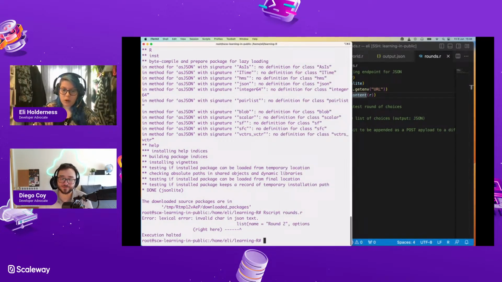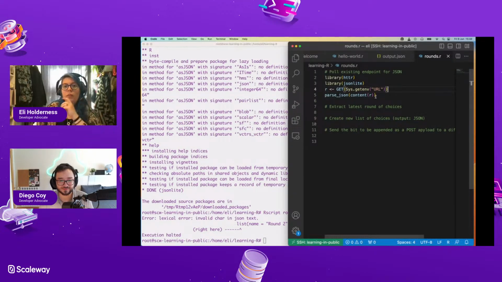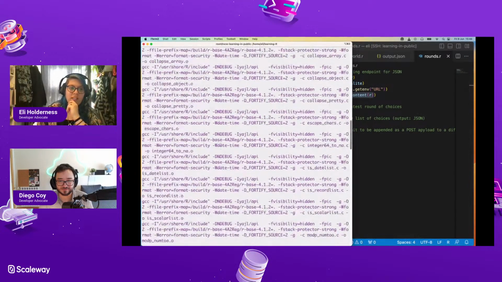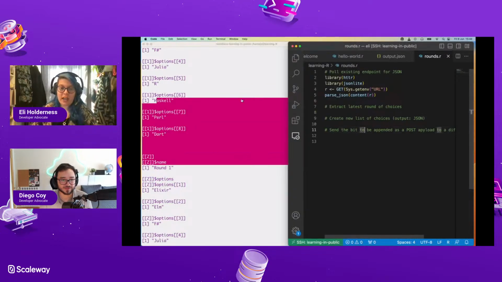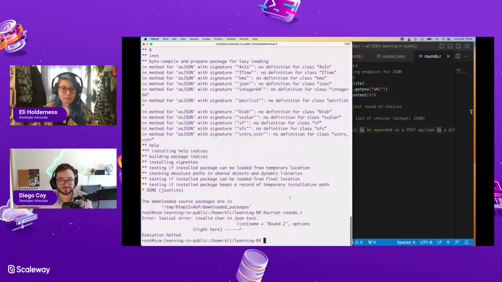Maybe. I don't know what the data structure of this is, because what we got out is this thing with a bunch of ones and things in it, and I don't know what that is the to string of, because right at the end it said list. So maybe it's giving me nested lists.